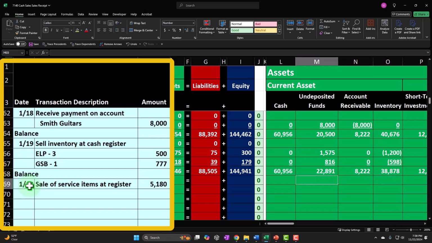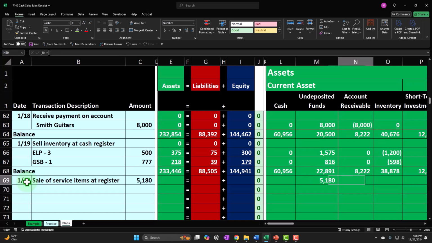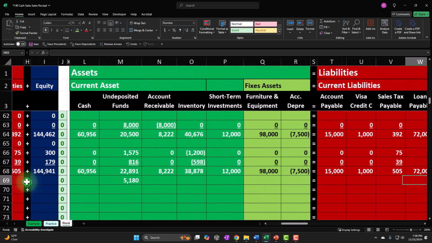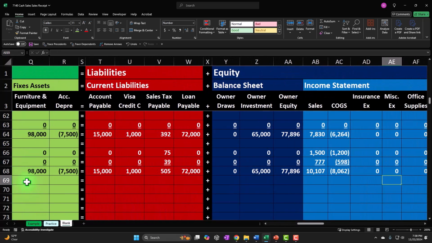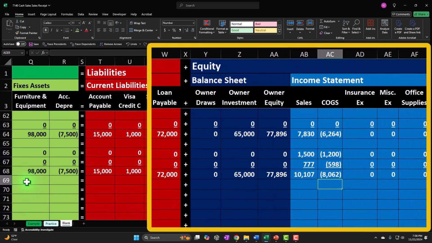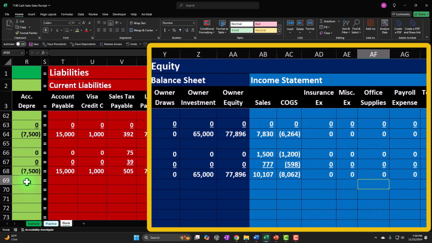But anyway, we're going to say that this is the 5180, and then the other side is just going to go into the service revenue. Boom, service revenue. So it's the same revenue side, but we'll put it into service revenue. Okay, I don't have one yet. So I could put it into the same sales, but oftentimes if you have service income, you might call it